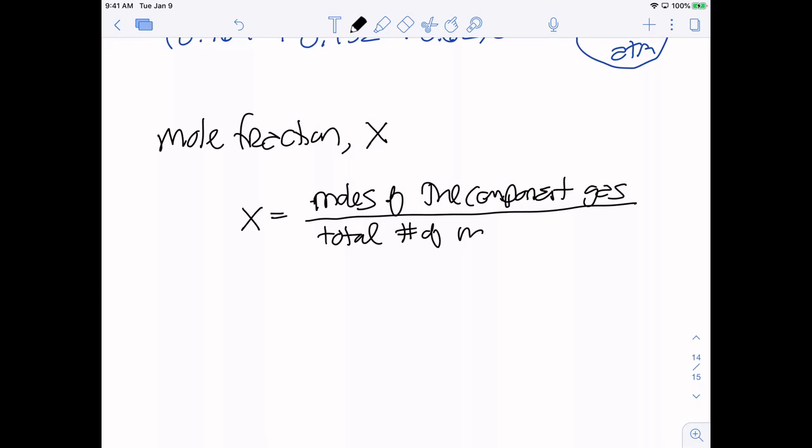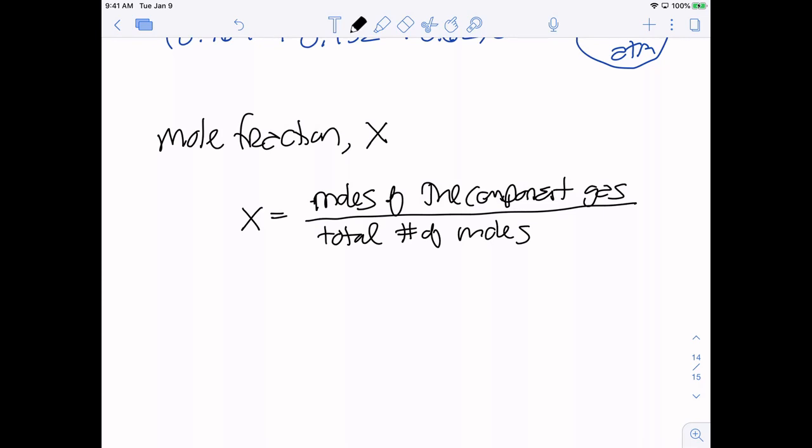And by the component gas, it just depends what gas I'm trying to determine the mole fraction of. So I had a mixture of helium and nitrogen, and I wanted the mole fraction of nitrogen. The moles of nitrogen would go on top, and then the total number of moles would go on the bottom. If I wanted the mole fraction of helium, then the moles of helium would go on top, total would go on the bottom. So moles of the component gas, whatever gas it is that I'm trying to determine the moles